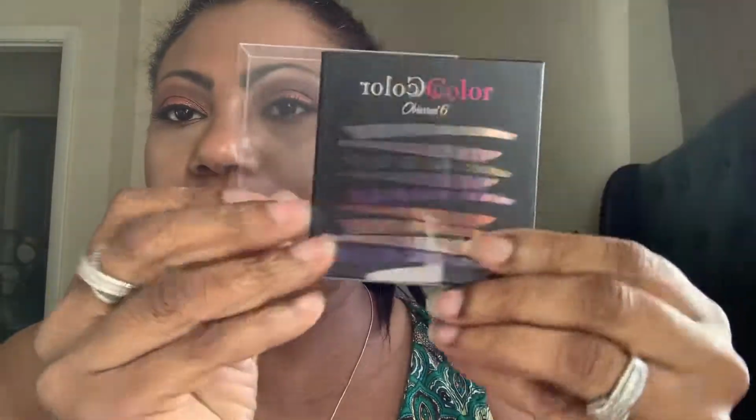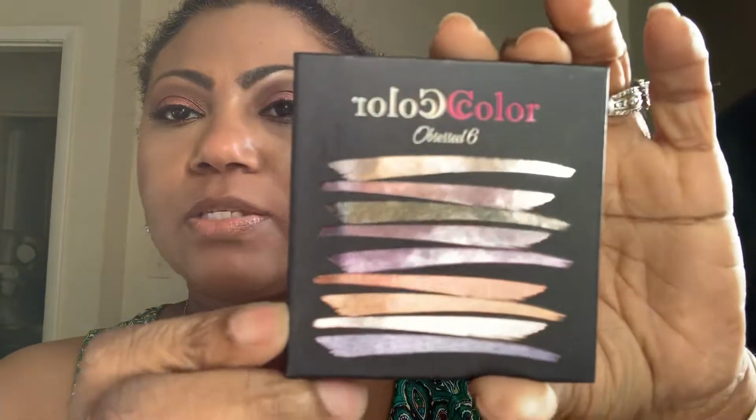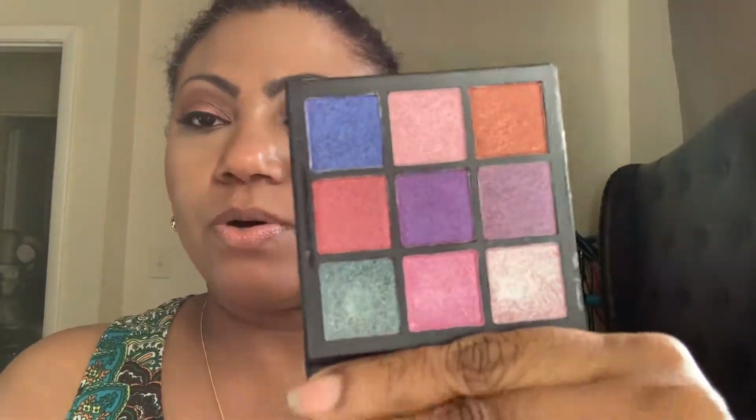And so it comes in the same plastic sleeve that these come in. Same little plastic sleeve, just like this it came. And looks like that. And when you open it up, it has a plastic overlay. I'm gonna pull this off. This is supposed to mimic the gem palette from the Huda, right? So when you open them up, they both